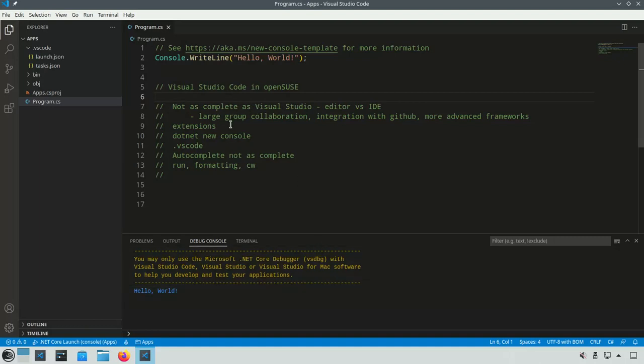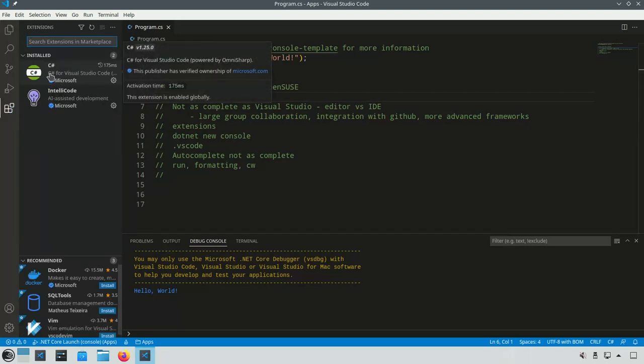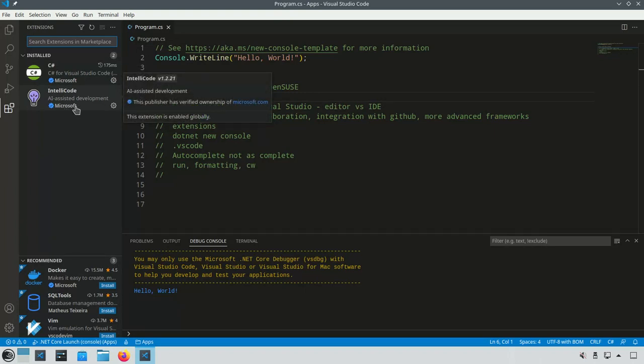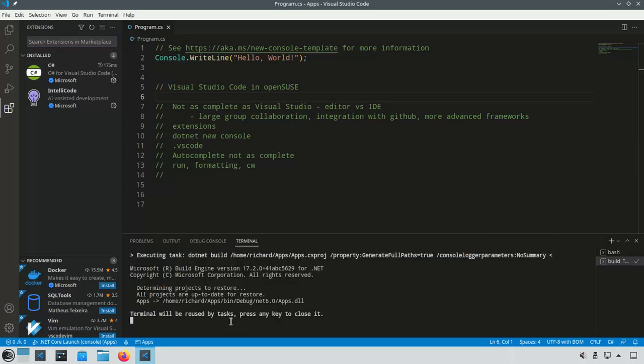So anyway, if we're going to install this, Microsoft has a very good website with very good instructions. It's extremely simple to do. All you have to do also is install the C# extension from Microsoft, and the IntelliCode extension from Microsoft. I think that helps with autocomplete. I am not exactly positive if that's true. Then when you go to the terminal, you want to be able to,